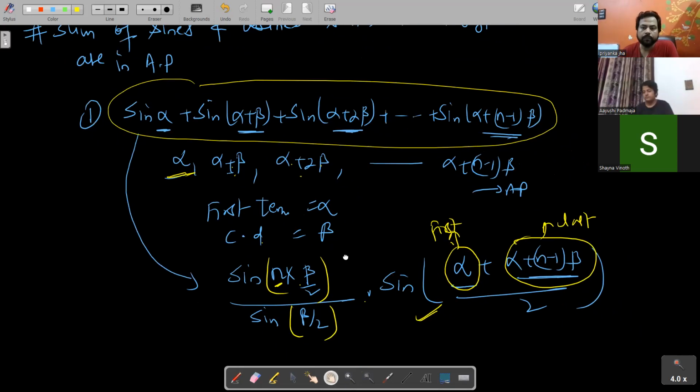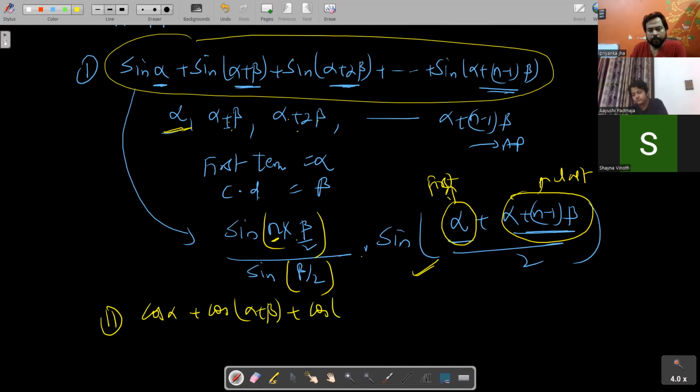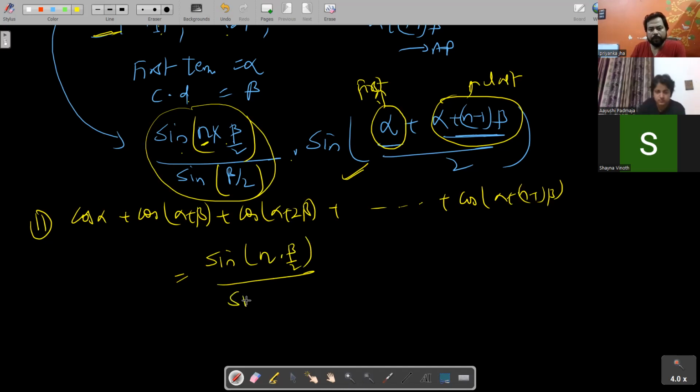Suppose we have cosine: cos alpha plus cos of alpha plus beta plus cos of alpha plus 2 beta, up to cos of alpha plus n minus 1 beta. Things will be the same. The only thing that changes is, see, here sine, here sine. So this will be the same here as well: sine of number of terms into common difference by 2 upon sine of common difference by 2, into